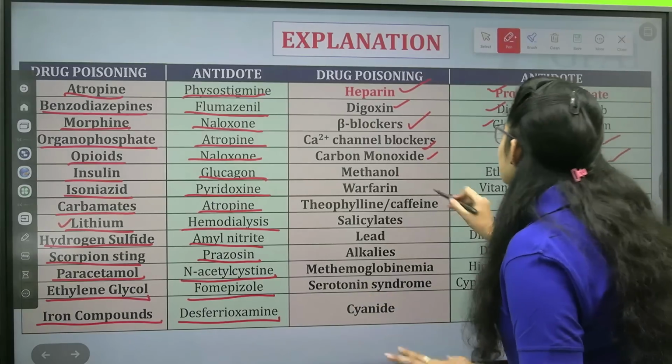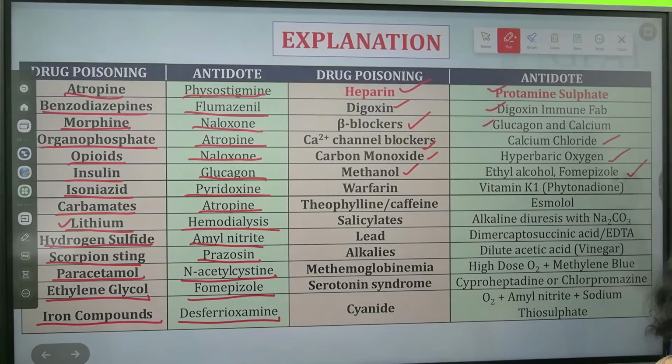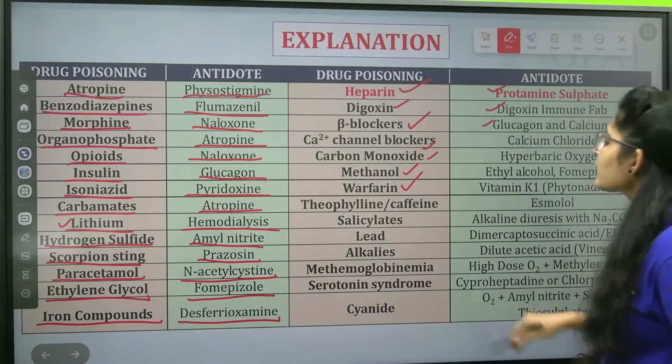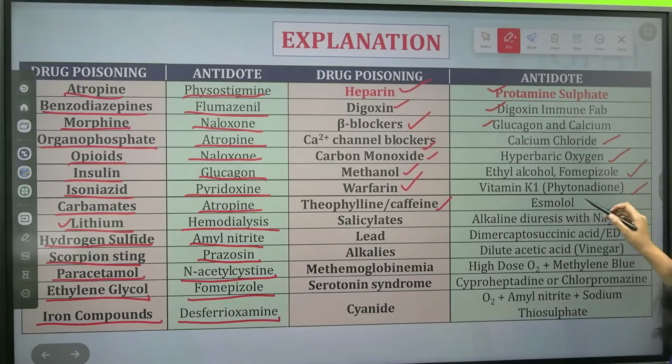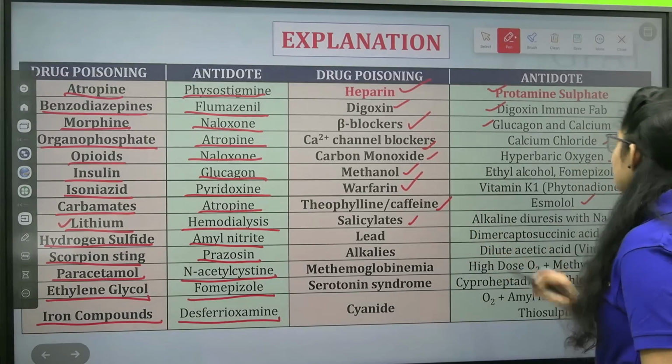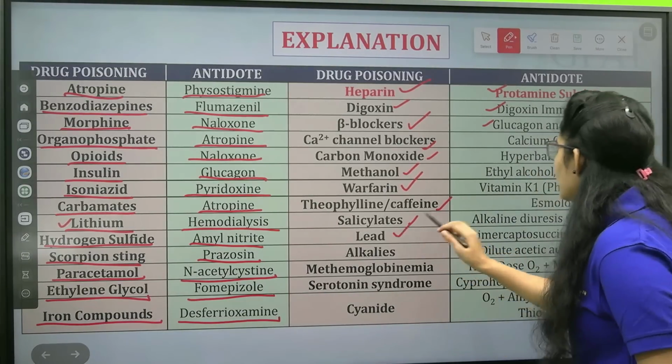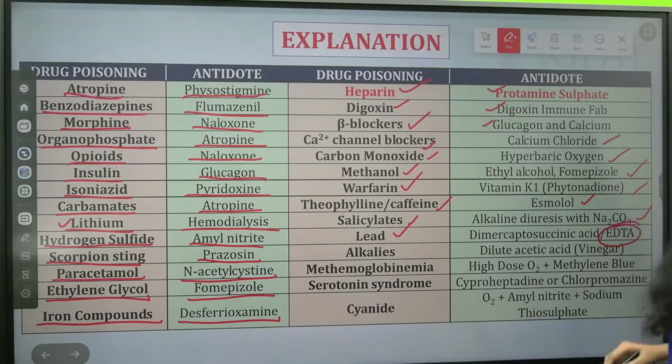Okay. Next is methanol, treated with ethyl alcohol or fomepizole. Warfarin, vitamin K1. Theophylline or caffeine, esmolol. Salicylates, alkaline diuresis with sodium bicarbonate. Lead, that is EDTA. Alkalis, that is vinegar,